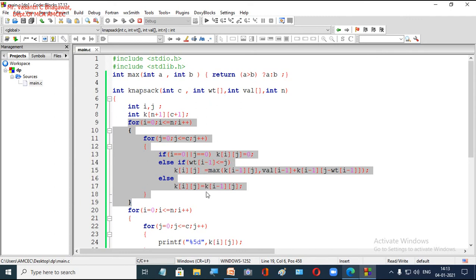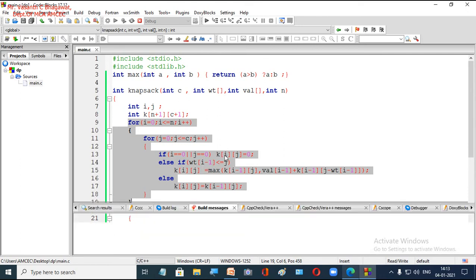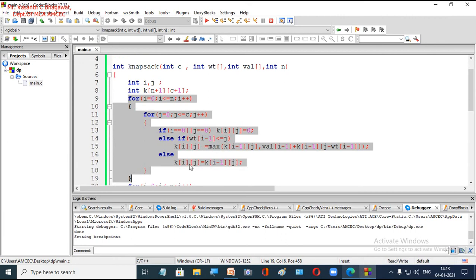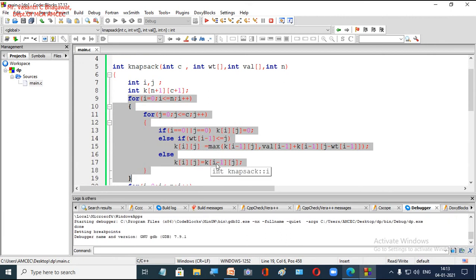Then you have 2 equations based on this condition. If the weight of the ith item you are going to select is less than or equal to j, this is the equation. Otherwise, your equation will be this one. Clear?